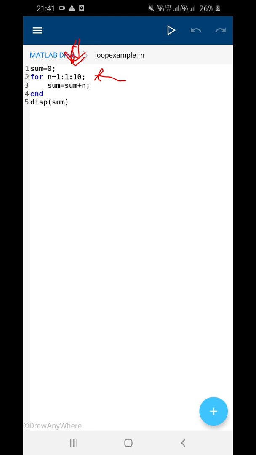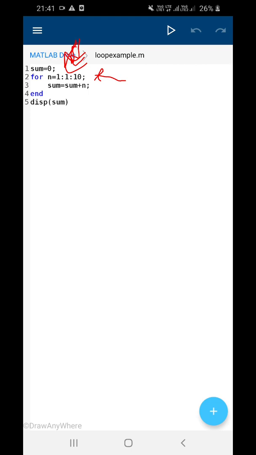You can just go up to value of 10. In this way you can find out the sum of all the numbers from 1 to 1000, 1 to 10,000. Then you can also do the addition of odd numbers, you can also do addition of even numbers. So in the previous case, when I wrote 1 to 10 in the steps of 2, in that case I was doing the addition of all the odd numbers.